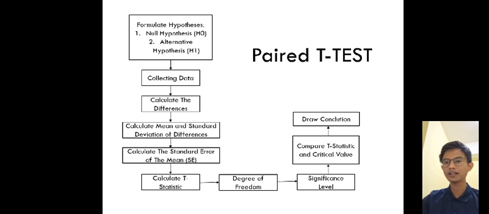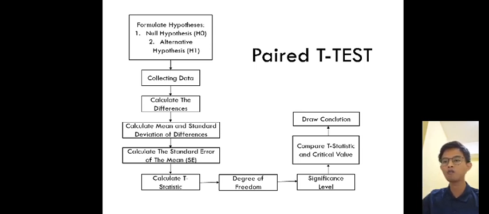The second one is to collect the paired data. We try to gather data where each observation in one group is paired with a corresponding observation in the other group. The pairs should be related, of course. For example, measurements taken before and after an intervention. And then after that, calculate the difference for each pair,